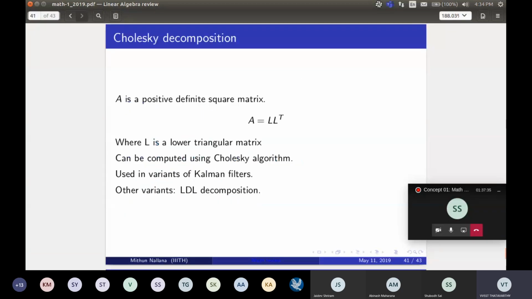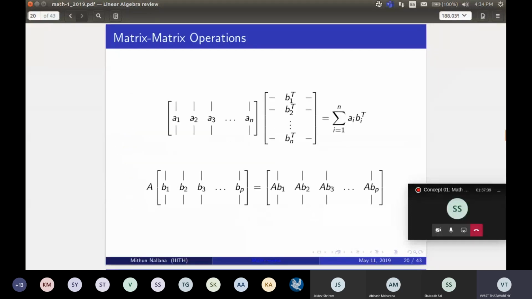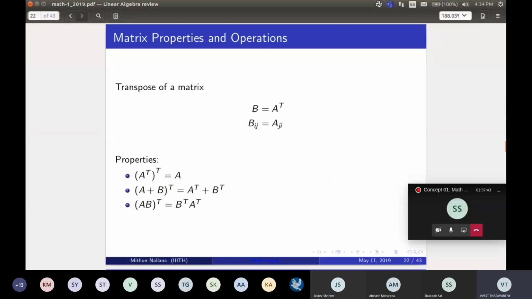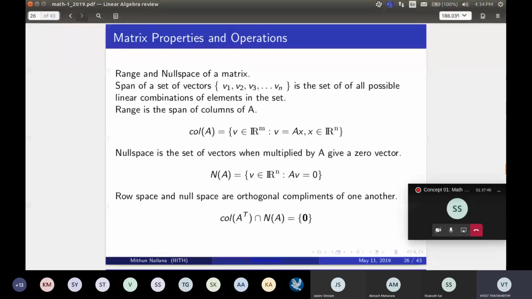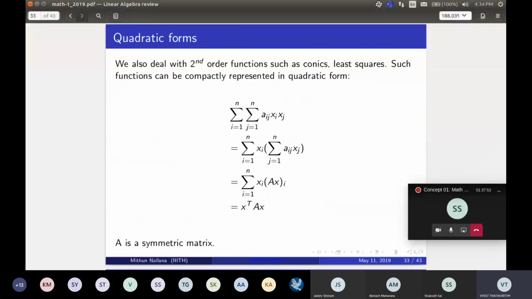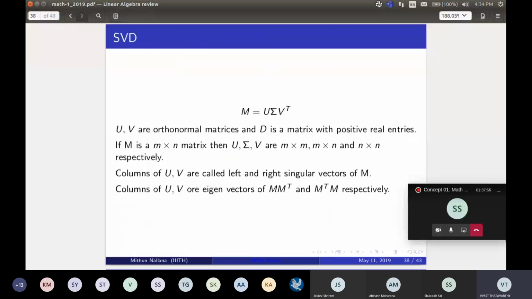So with the terms, now you have just reviewed what terms are available. You can go through the slides in depth and read through them, take the examples, and working them out will give you a better understanding of these things, so that you'll be ready to take up the problems in the coming days.